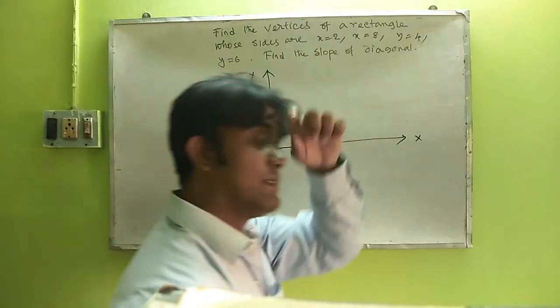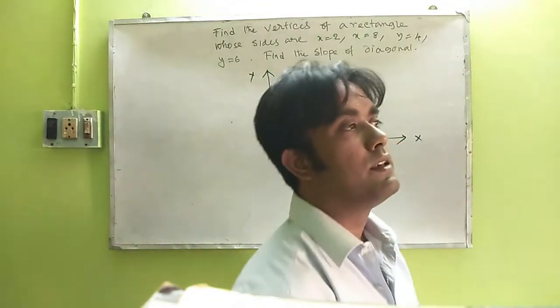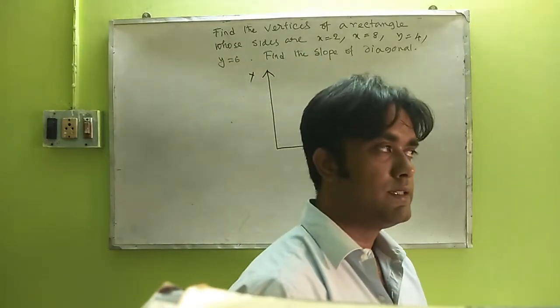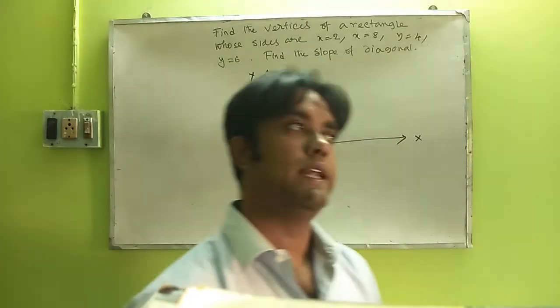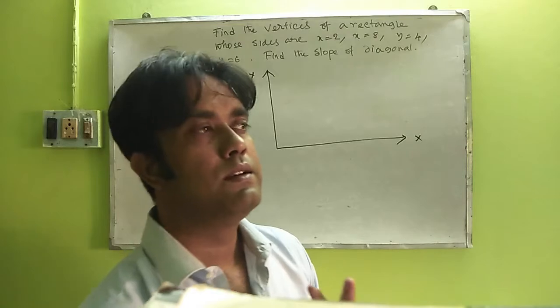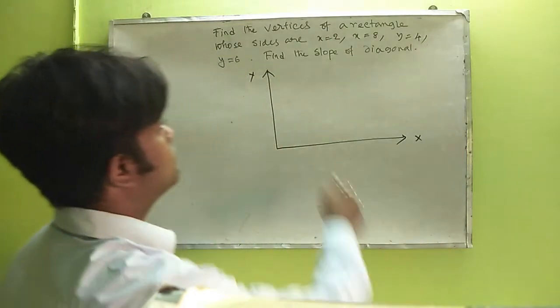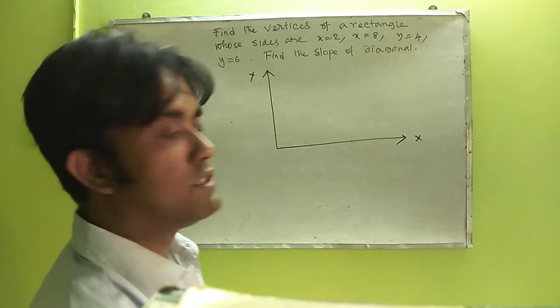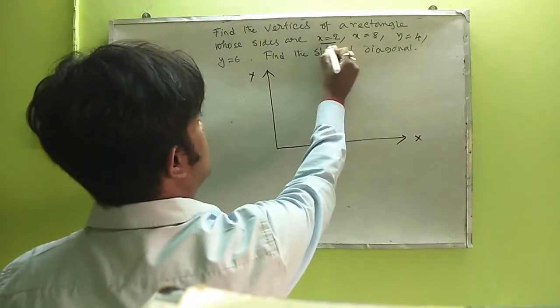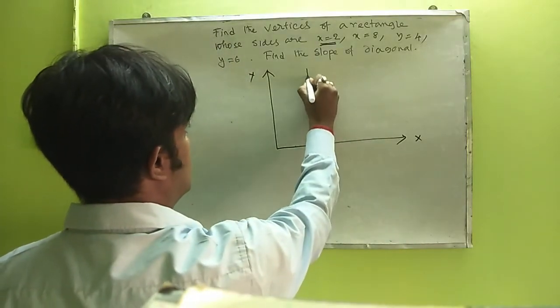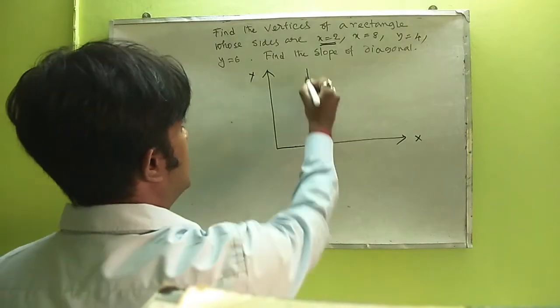In the previous classes you know that the straight line which is parallel with the y axis is x is equal to constant. So here x is equal to 2 which is constant, which will be parallel to the y axis,